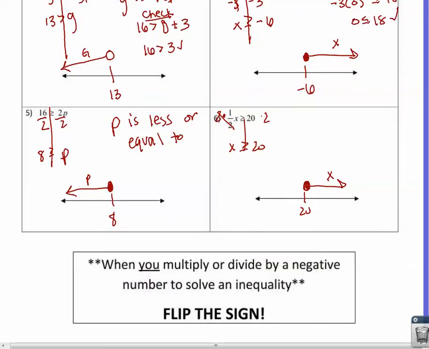Check your answers with the following problems. If you have any questions, ask your